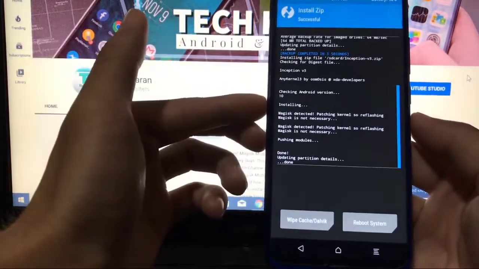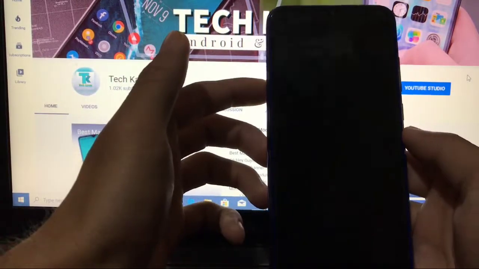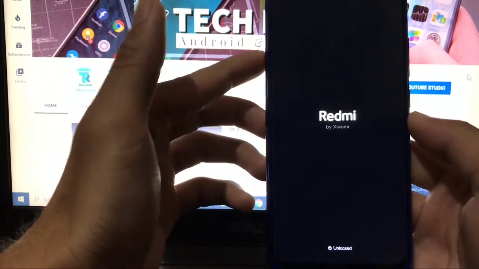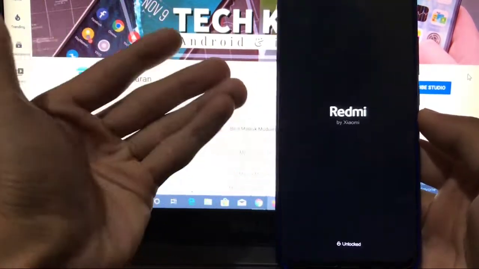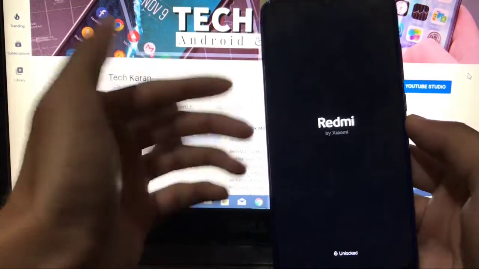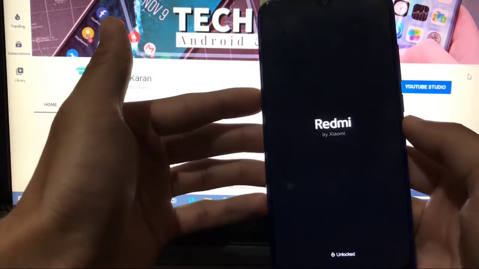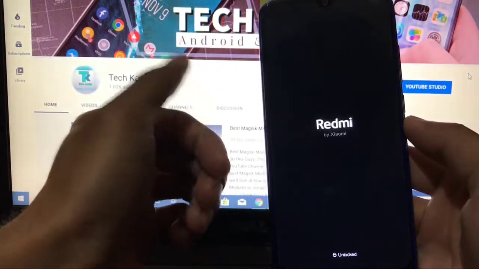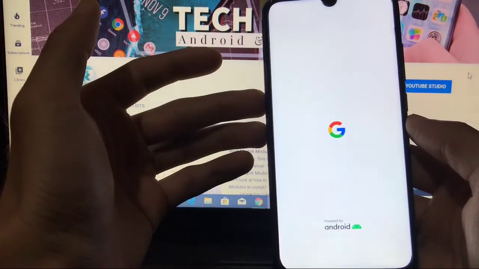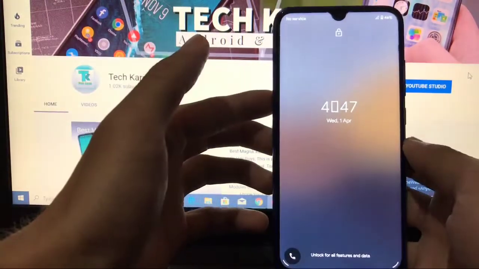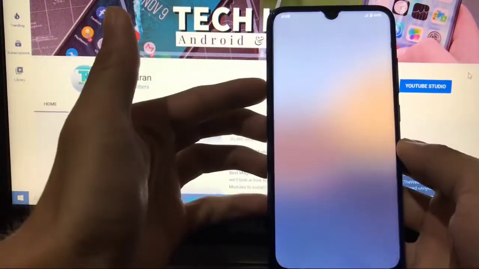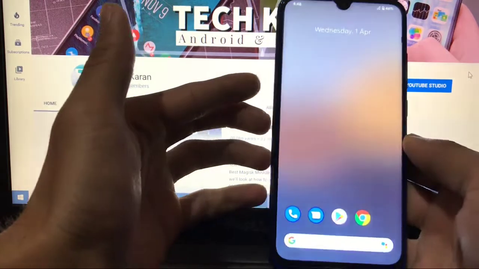Okay, so after it is installed, simply reboot system. Your device will be booted soon. This kernel is only for Redmi Note 8 and Redmi Note 8T, but how you can install a custom kernel, the process was very simple. You can follow these steps to install a custom kernel on your device also, but make sure the custom kernel is different from this one. Custom kernel will be according to your device or your device developer. As you can see, we are booted successfully on our device as we have installed Inception kernel.